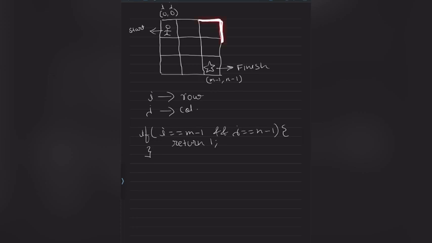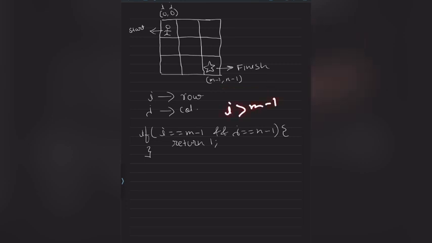So this is the boundary, this is the boundary, right? Like this is also the boundary. Like if the robot is standing here, he cannot go in the right direction, he can only go in the down direction. So what is the boundary? He cannot cross the n minus 1. Like i, j should not be greater than n minus 1, and similarly i should not be greater than m